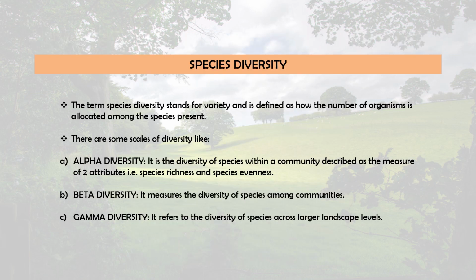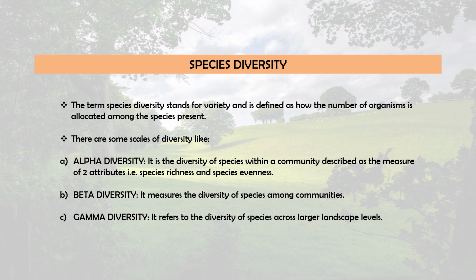And the last one is species diversity. The term species diversity stands for variety and is defined as how the number of organisms is allocated among the species present. A description of species diversity uses both the number of species, that is species richness, as well as their relative abundance, that is the evenness. So there are some scales of diversity that is used in the study of species diversity, mainly alpha, beta, and